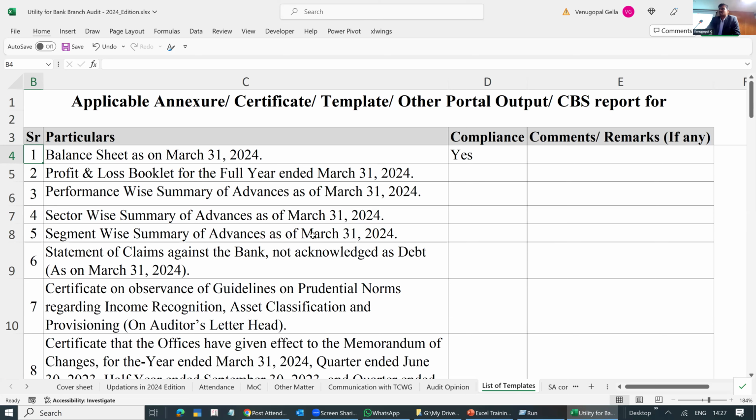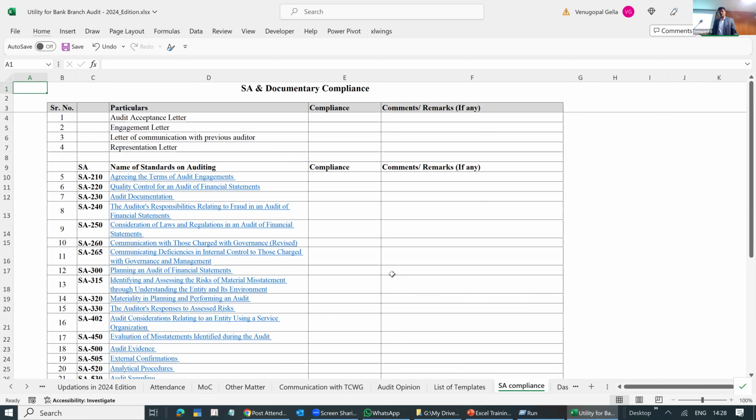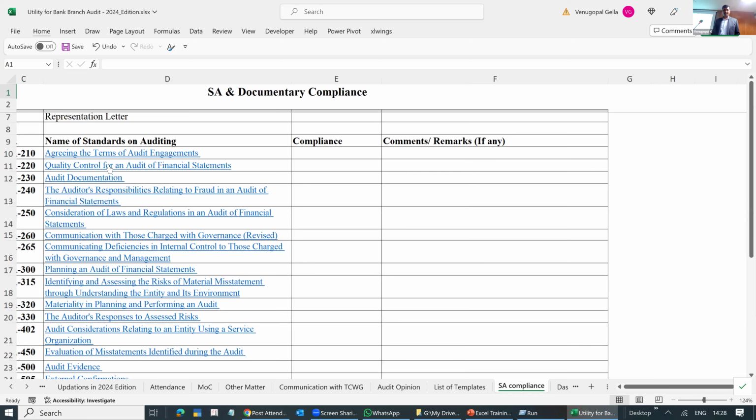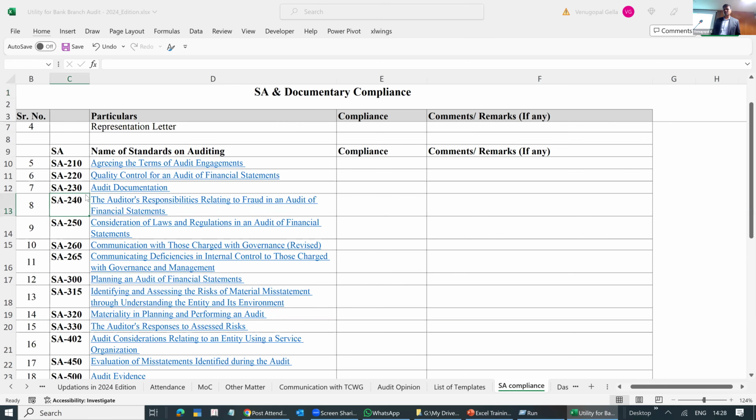Whatever the things that you should do in a bank branch are taken care of. One of the points is LFR. For LFR, there is only one line like that. So the maximum line items that you need to do are covered in these 40 line items. Now, against each, there is the list of SAs. I think yesterday Anand sir explained about SAs. They have given all the applicable SAs, and linked them to the ICAI repository of standards on audit documentation.